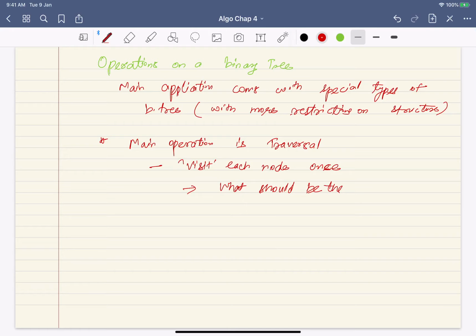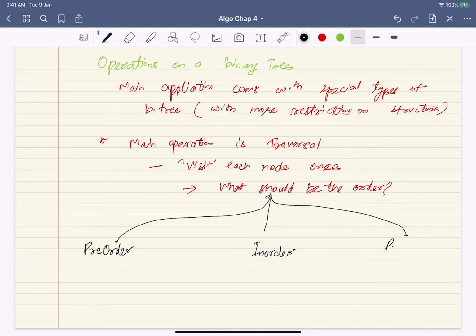So actually, depending on the order, you define three types of traversal. There is pre-order, there is in order, and there is post order.